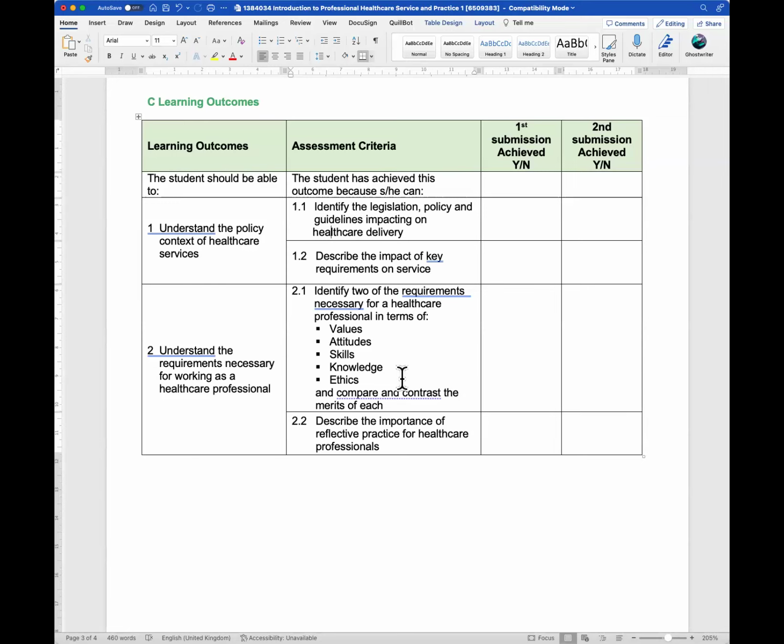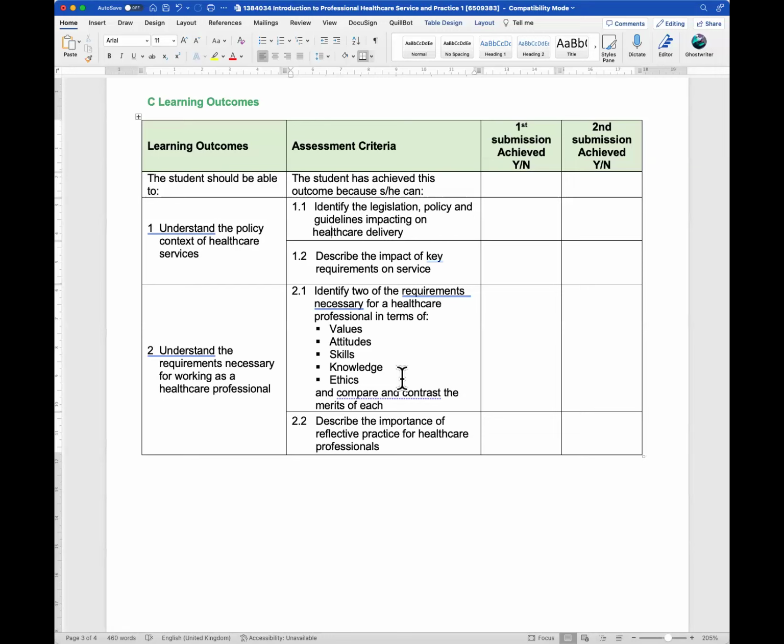And then what are the various sets of ethics that you need to follow when you work as a healthcare professional within this sector? So things like, do you have empathy, do you have compassion, do you have the ability to respect others, do you have the ability to maintain confidentiality, do you provide factual information? So some of the person-centered values, the 6 C's of care certification, or the 6 C's of health and social care, and the NHS values are basically asked in terms of questions that you answer,